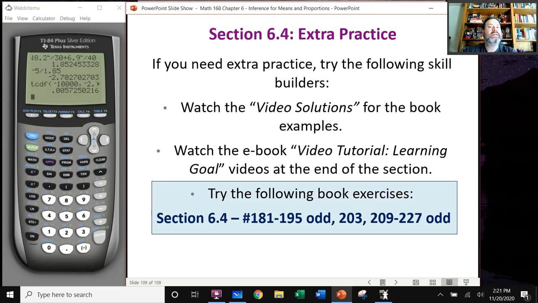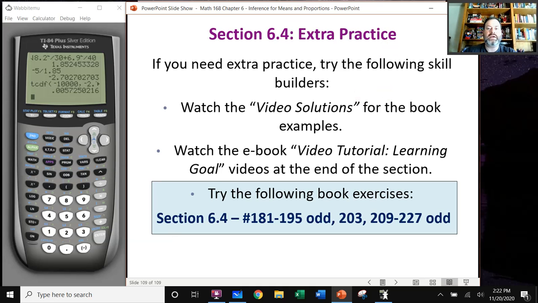But the calculator shortcut doesn't always work. So I just want to warn you that if you're not sure if you want to use the calculator shortcut, I'm going to show you what happens. Sometimes it works, sometimes it doesn't. So that's it. Moving on to show you the calculator shortcuts,